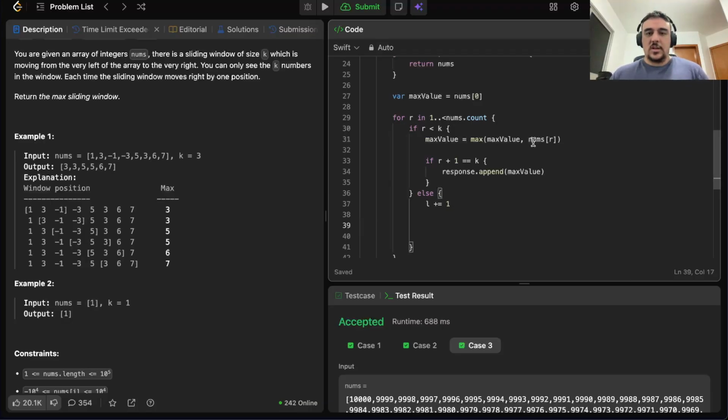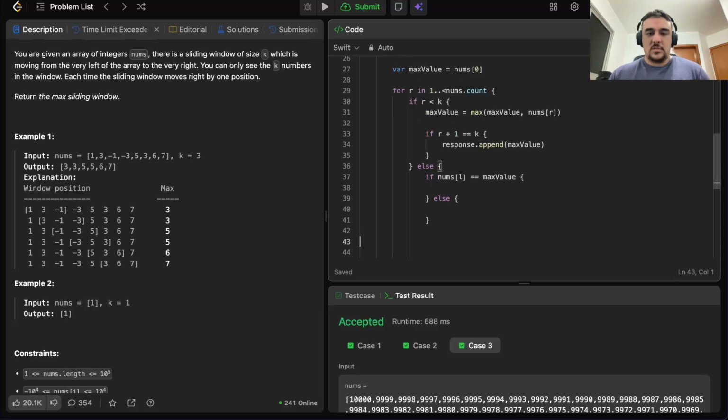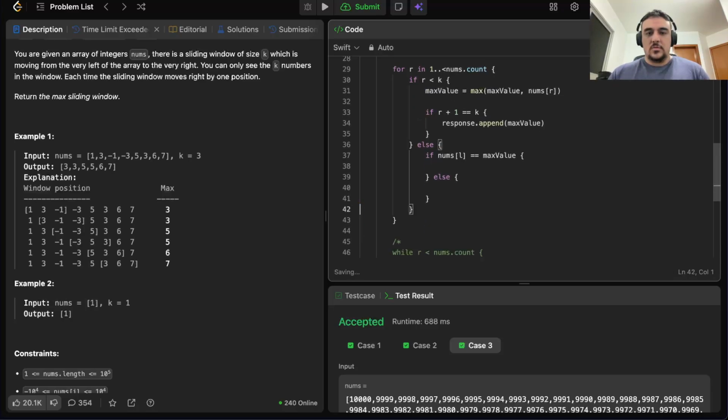So then we need to check first. We need to check the L here, right? If it's equal to max value, it's going to do something. If it's not, we're going to do something else. So if it's not the max value that is going out of the window,